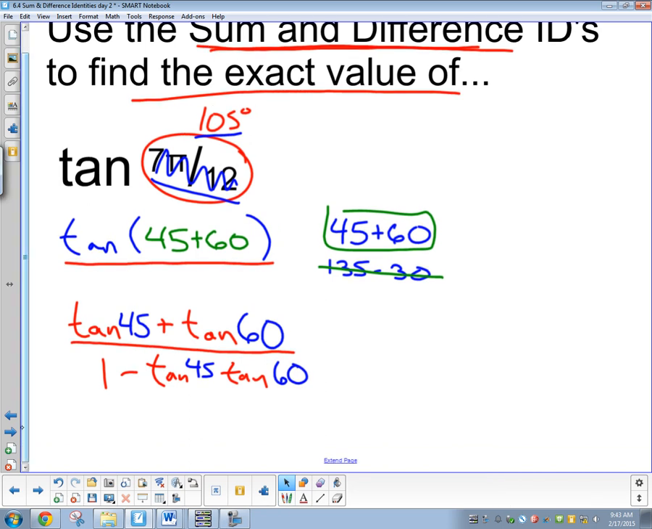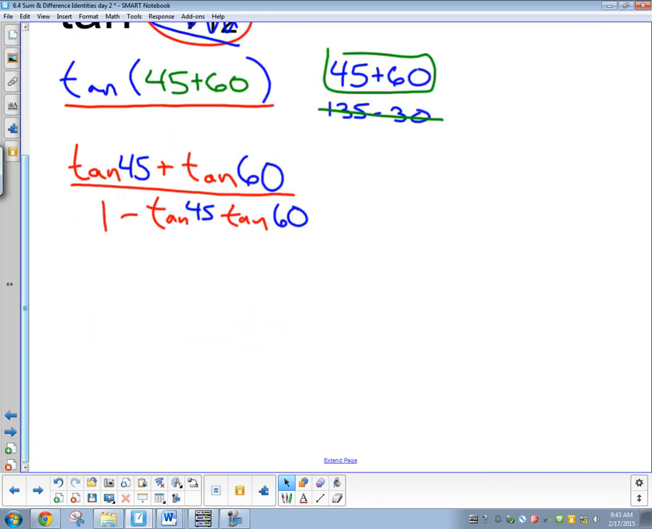Questions to that point? Now we're going to do it. It says find the exact value. That means use our unit circle. So we're going to go to 45 degrees and decide what tangent is at 45 degrees. Tangent would be y over x. What do I get at 45 degrees? Y over x: square root of 2 over square root of 2, which gets me 1. So that's 1 plus